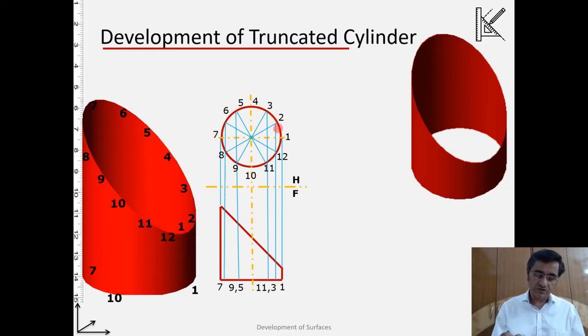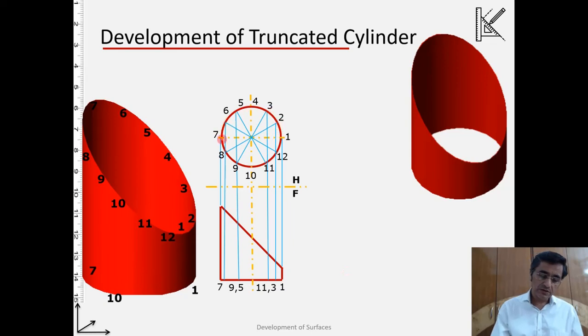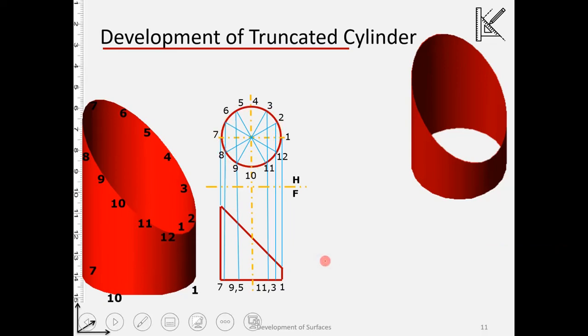Okay, there are 12 points on this, and these 12 points I can also show on the frontal projection. So what you see here is the base, and the corresponding points are projected onto the frontal. Alright, in this case also I know the stretch out or the girth of this cylinder, because I know the complete circumference. So I will be drawing this complete circumference there, and this total I will be dividing in 12 equal parts, because here it is divided in 12 equal parts. So once I divide it in 12 equal parts,